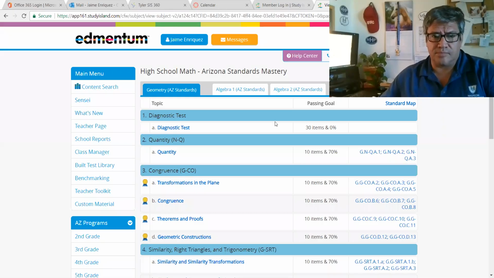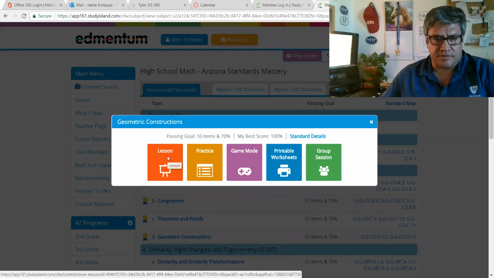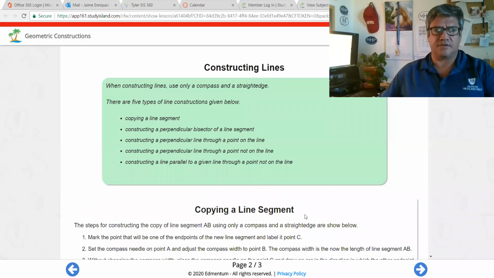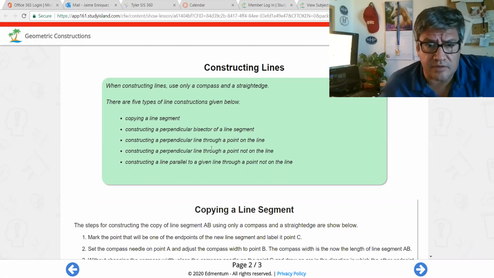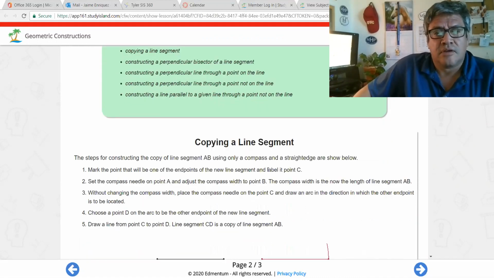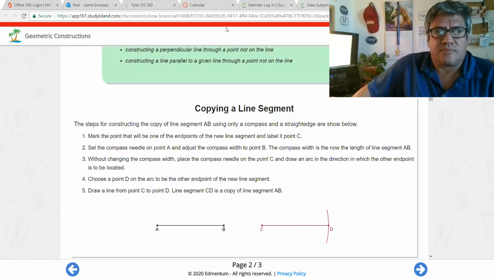Okay, and here we are back to 3D, which is geometric constructions, and we are doing the second part of the lesson, which I believe involves about 5 different things. 1, 2, 3, 4, 5, yes. So these are the topics we'll be doing. Copy a line segment, a perpendicular bisector of a line segment, a perpendicular line through a point on the line, a perpendicular line through a point not on the line, and a line parallel to a given line through a point not on the line. So let's go ahead and do the first one,